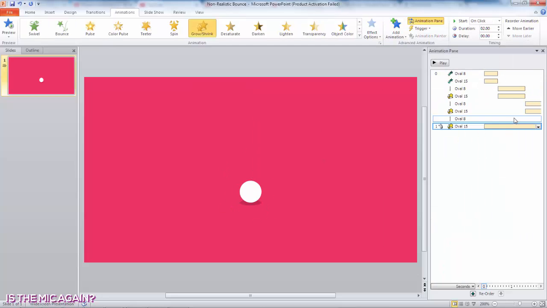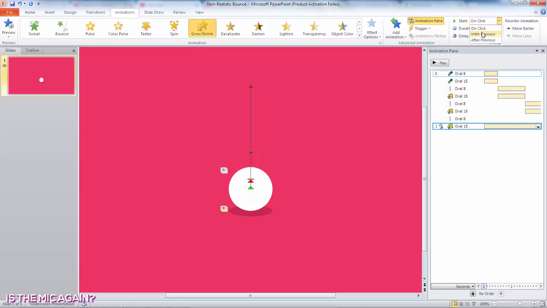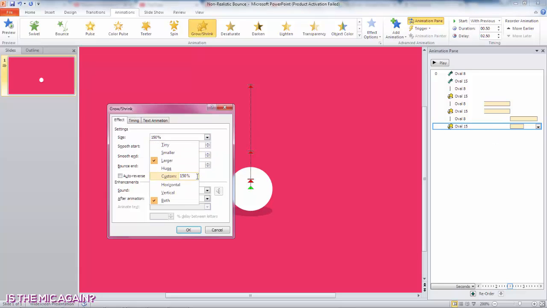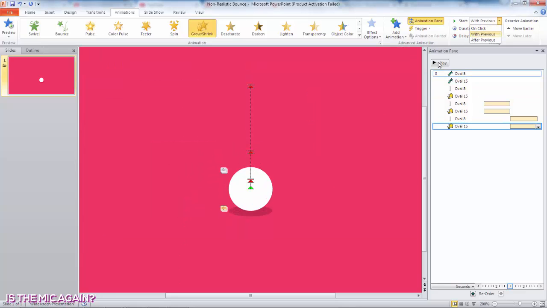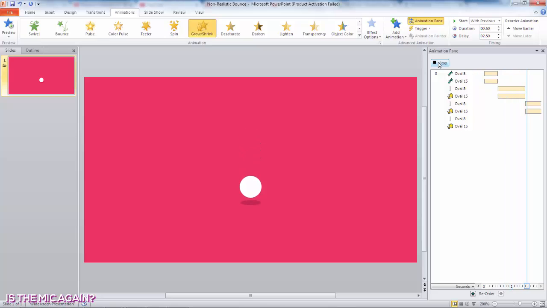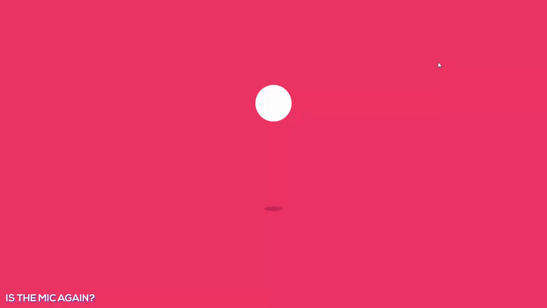And I want to add, you can add more motion paths and the shrinking as you have. So I want you to get a half of the size of it and smoothing the end and add the auto reverse as in the ball shatters to the ground. I want you to make the ball react. There, you can get the animation of the bounce. And not always you can